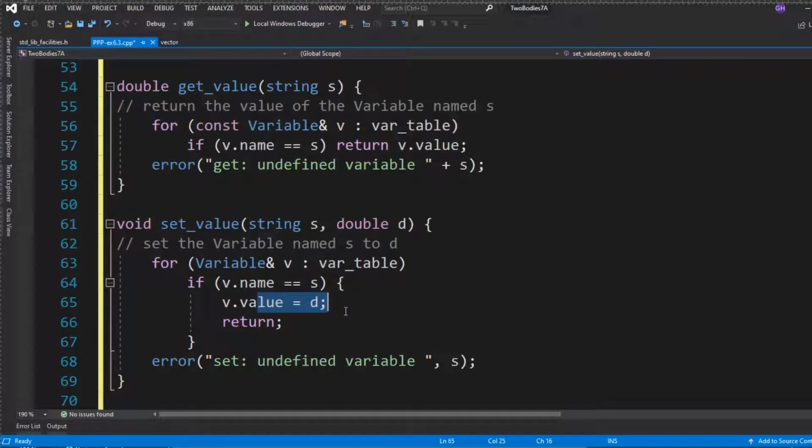What if it's not there? Oh, well, then we'll need some way of adding it to the table, right? And that's going to be an issue, right? We only want one definition for each variable. But yeah,